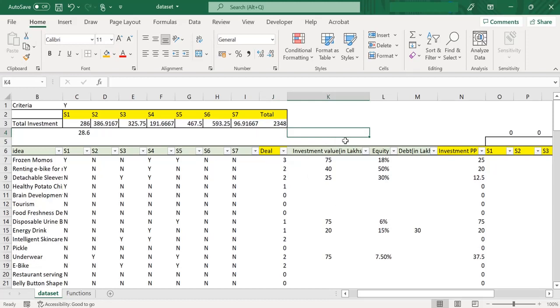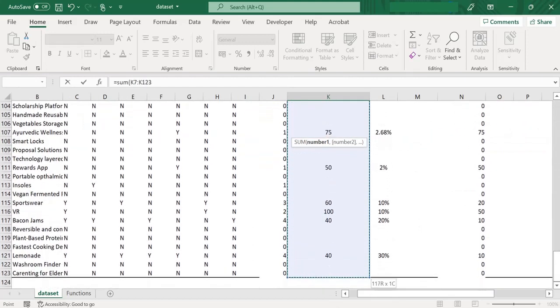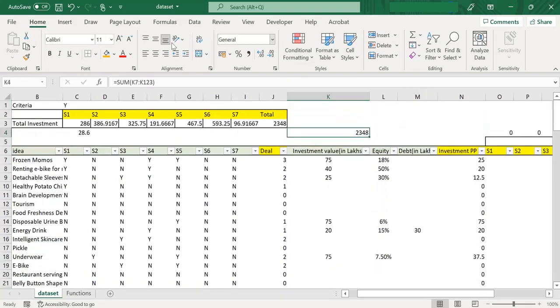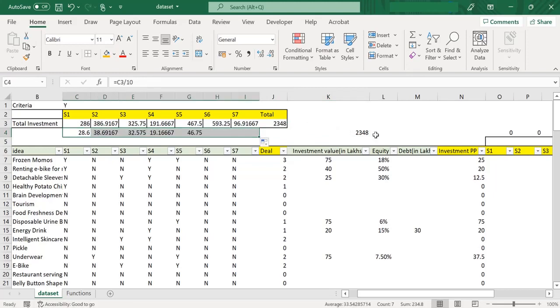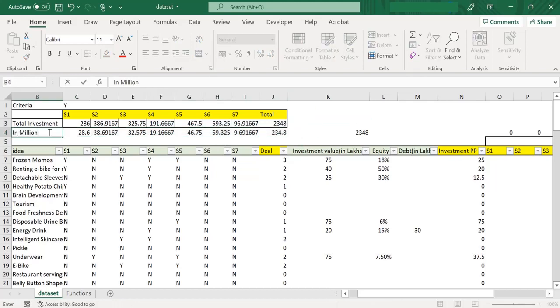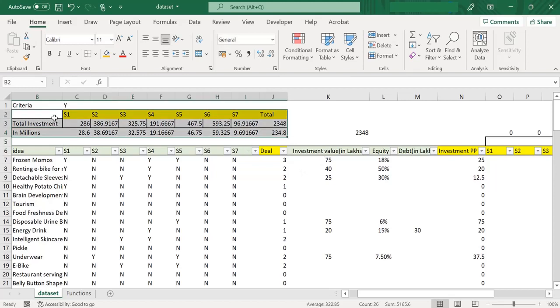I have to do the same thing over here to cross verify, so I've done the sum. The number is the same. This table gives us the total investment value done by each individual investor.